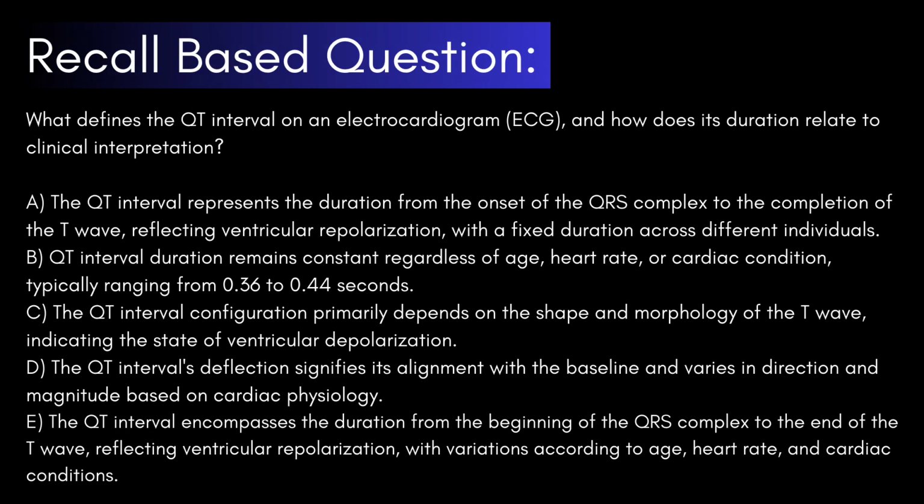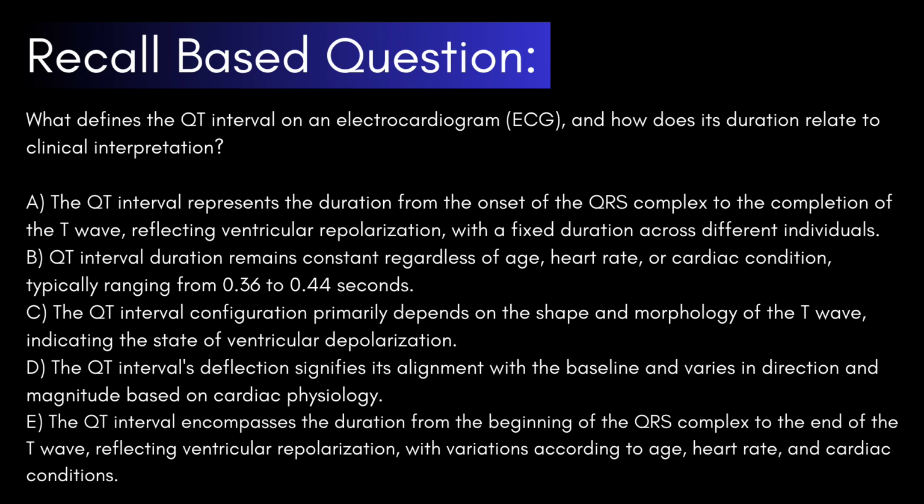Moving on. What defines the QT interval on an electrocardiogram, ECG, and how does its duration relate to clinical interpretation? A. The QT interval represents the duration from the onset of the QRS complex to the completion of the T wave, reflecting ventricular repolarization with a fixed duration across different individuals. B. QT interval duration remains constant regardless of age, heart rate, or cardiac condition,